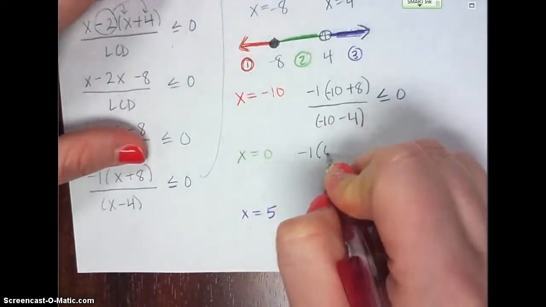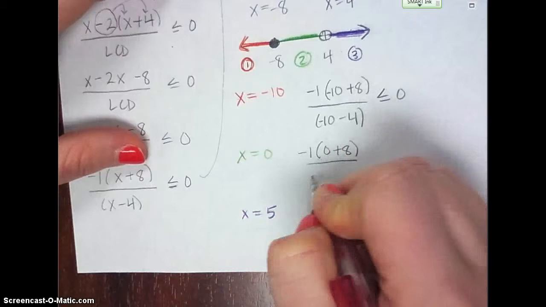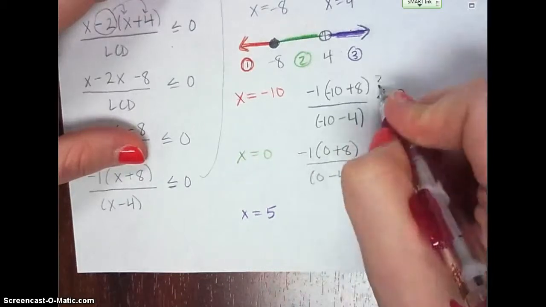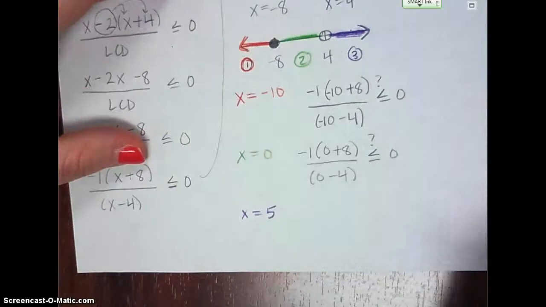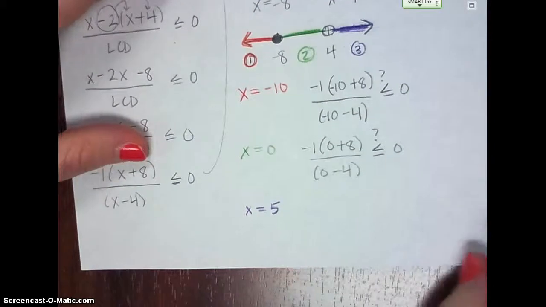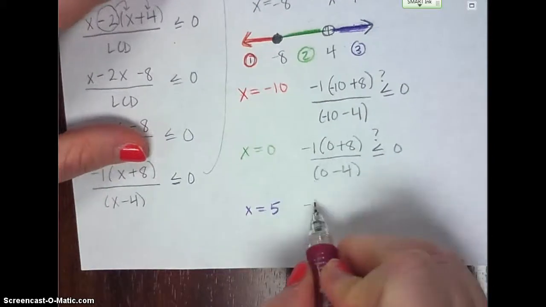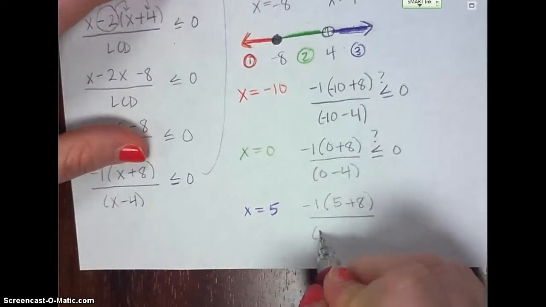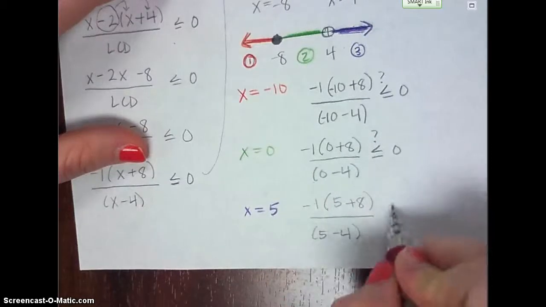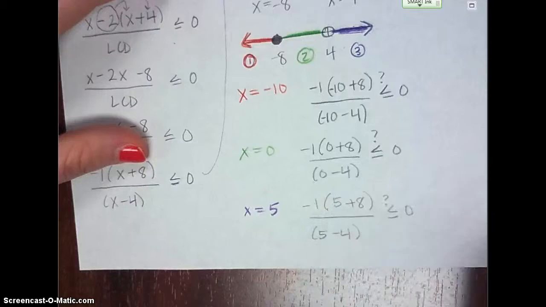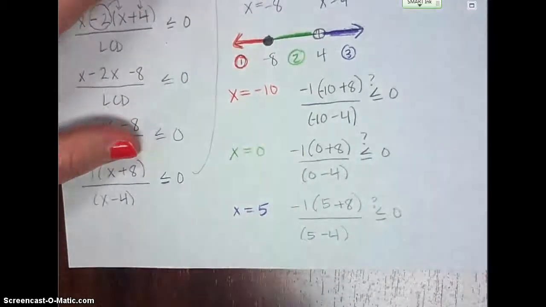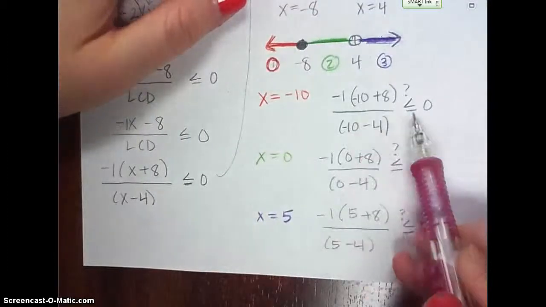-1 times 0 plus 8 over 0 minus 4 is less than or equal to 0. And I'm going to put question marks here because we need to know, is that true or is that false? And then I'll do the last one, the purple interval, -1 times 5 plus 8 over 5 minus 4. Is that less than or equal to 0? So we're going to test each interval. Okay, so let's test. We want to see if when I plug in these numbers, they are less than or